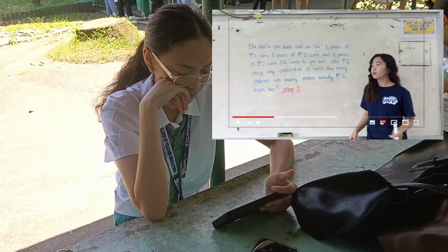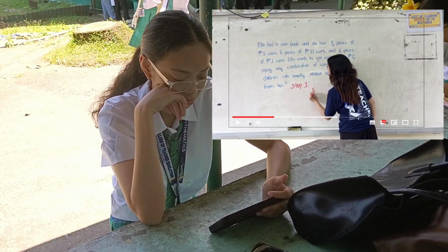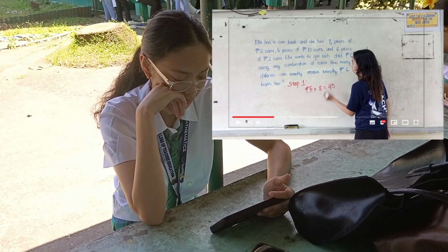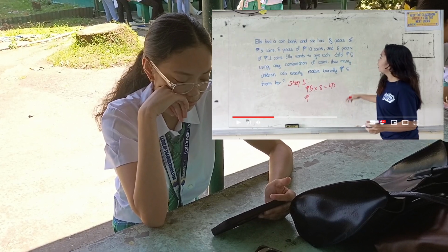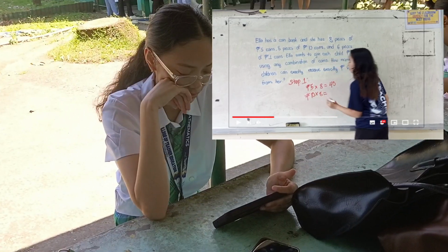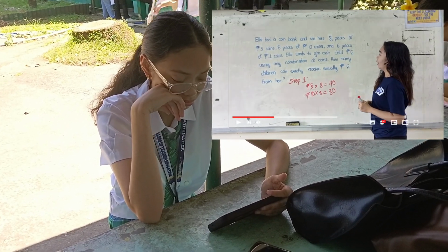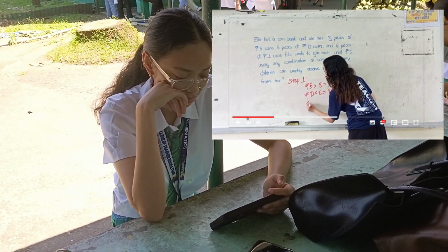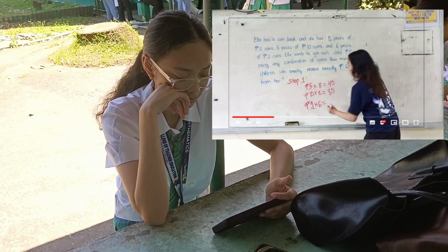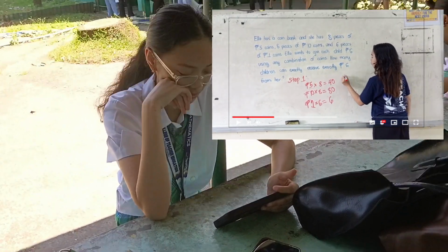is understand the problem. So we are going to multiply 5 coins by 8, which is equal to 40. Next, we will multiply 10 coins by 8 pieces. 10 times 8 is equal to 80. And last, we will multiply 1 coin by 6. 1 times 6 is 6. And if we add all of these, it is equal to